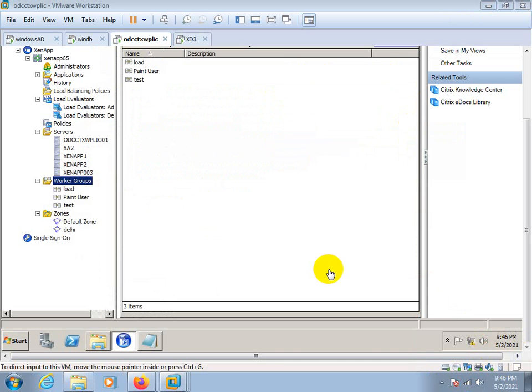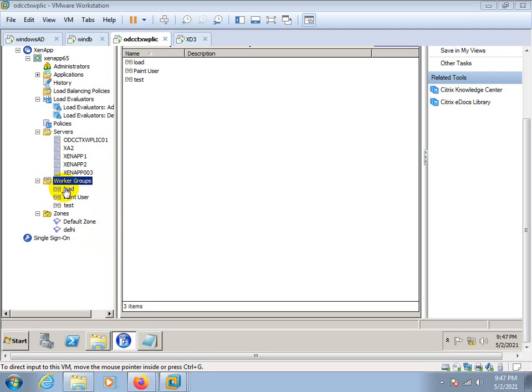Worker group definition. A worker group is a combination of the same set of servers. Once we put multiple servers under a worker group, we can apply the Citrix policy on the worker group only. Once we apply the policy on the worker group, it will automatically be applied or replicated on the members also.